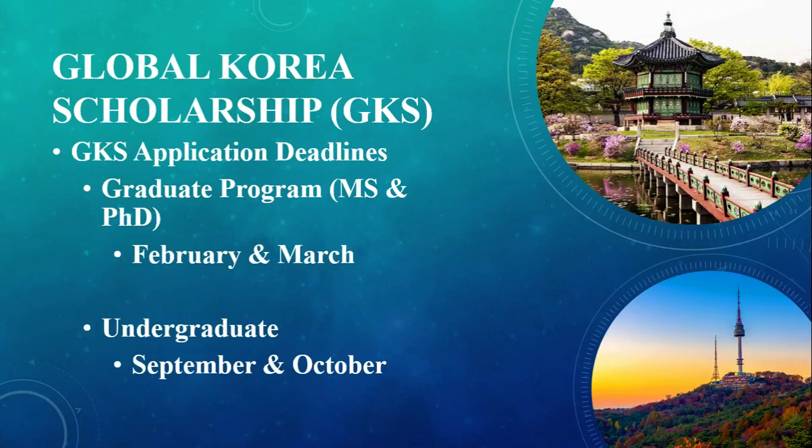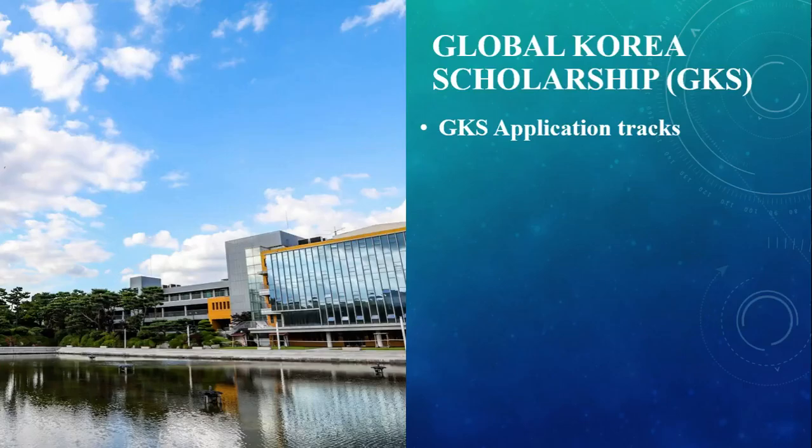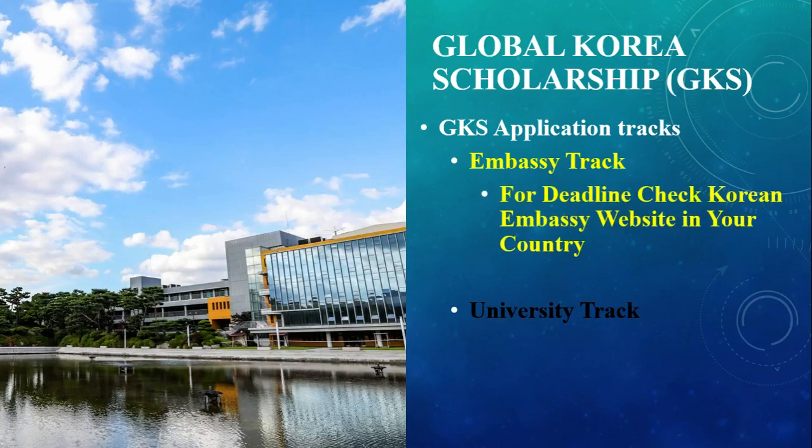So again, for these two programs, that is graduate program and undergraduate programs, there are two application tracks, right? If you remember, the number one application track is the embassy track, right? And the second track is the university track. For these two, the process is similar, like documentation or everything is similar, but where you will submit your application is different, and the scholarship quota is different, right? Number of scholarships for each country is different. For details, check the Korean embassy website in your country if you want to apply for the embassy track,